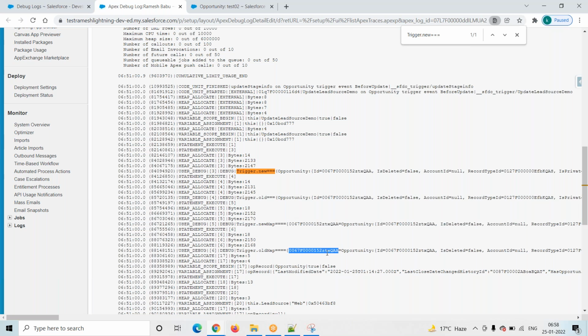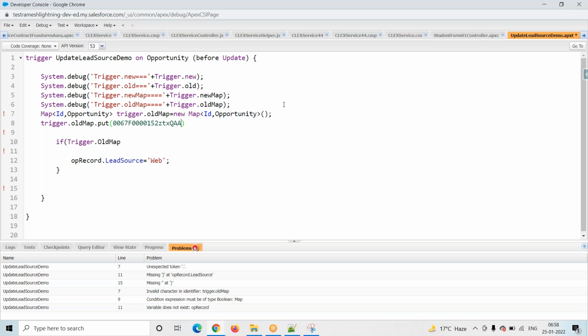This is the record id, comma. This is a list, meaning name, and the next ones are whatever fields are there, stage name and all the other fields. Whatever the fields are, it will store in this format. So finally Trigger.oldMap will store the current record in the map format.